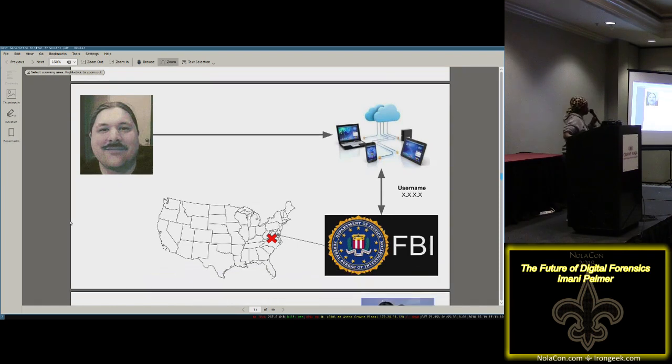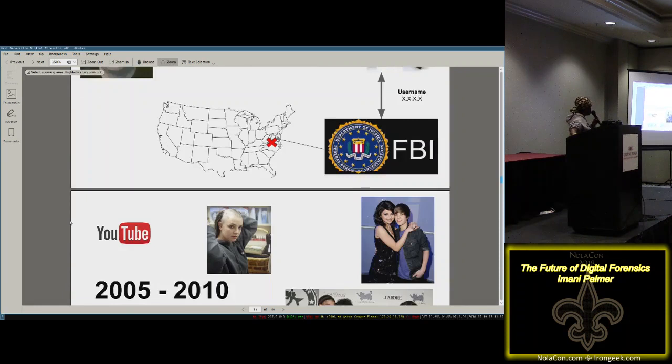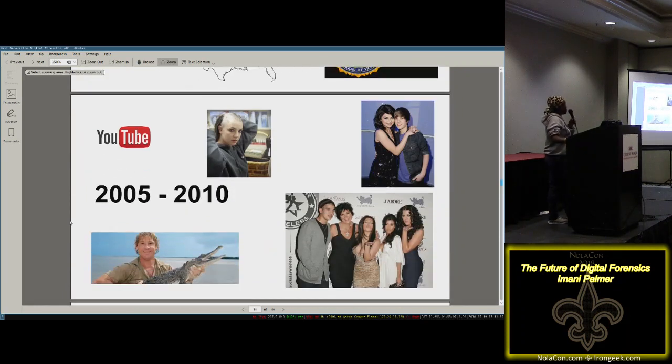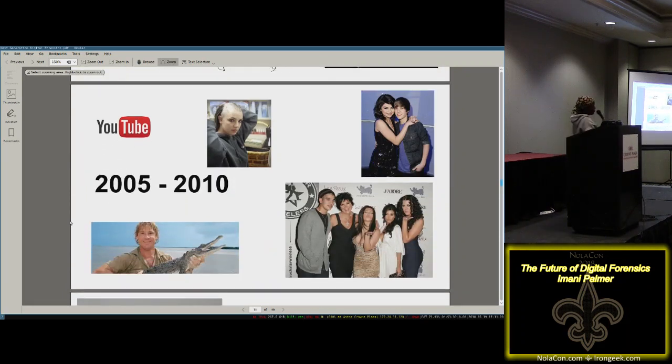So the FBI was able to track him down, and we were actually able to rescue her. Moving on closer to now, 2005, 2010, Britney Spears has now shaved her head. She's good again, but just remember the timeline. Justin Bieber was actually still somewhat okay, and the Kardashians look like that. Just to be very clear, I did not remember this, but apparently eight years ago, they looked somewhat normal.